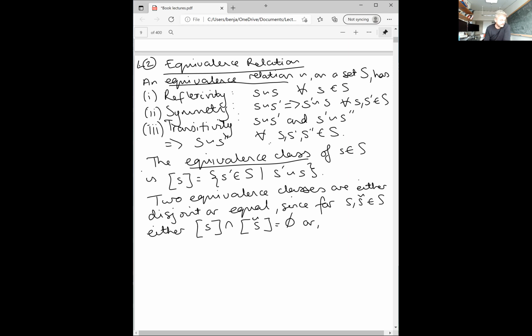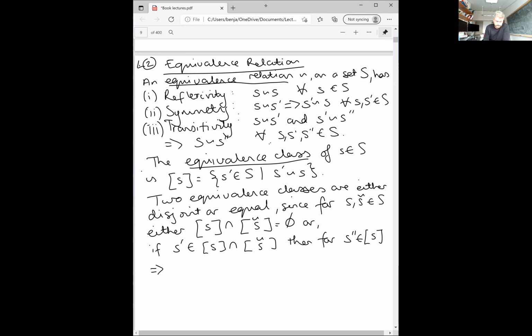Or there are some elements in common. And so let's take one of those that is in common, s prime. So this is in the intersection between the two. Then for another element of the set which is in the equivalence class of this first equivalence class,